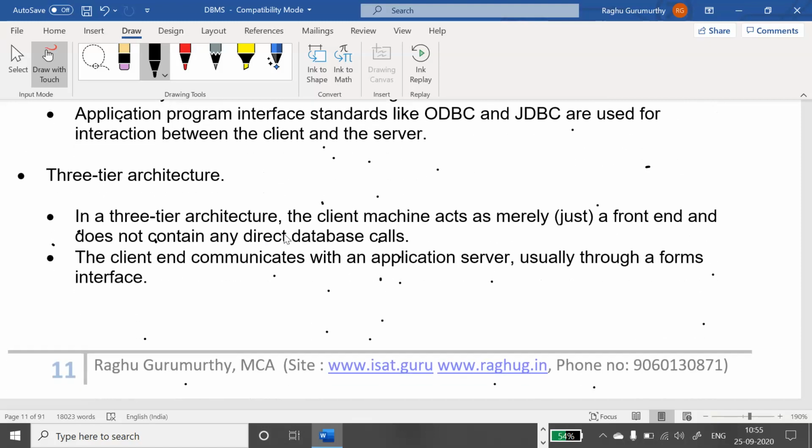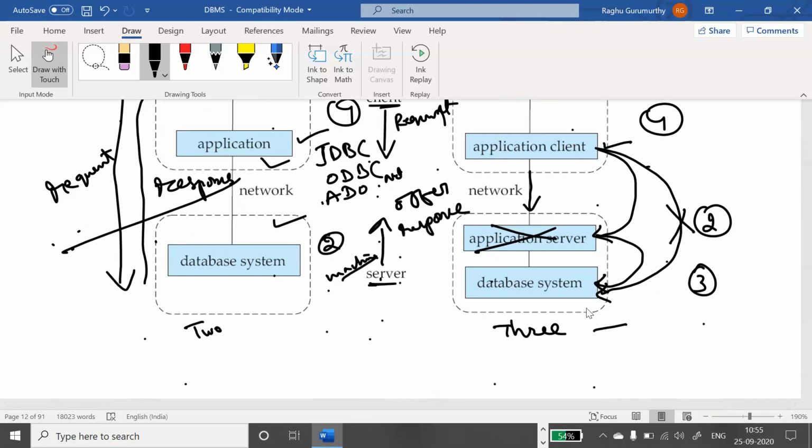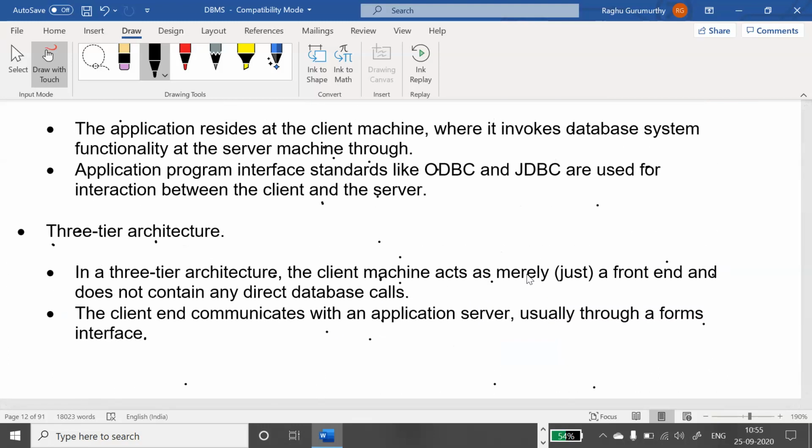Next one is three-tier architecture. In a three-tier architecture, the client machine acts merely as a front end and does not contain any direct database call. That's why I told you there is no direct call, and I put a cross mark here. There is an interaction between the application client and the application server, and the application server talks with the database system.